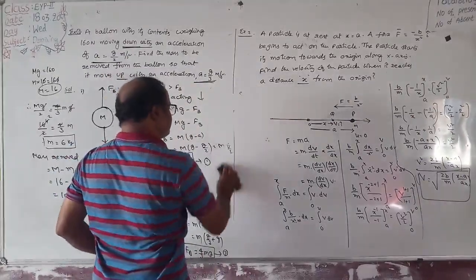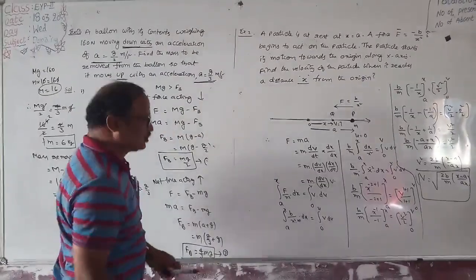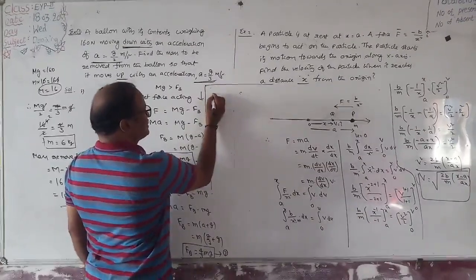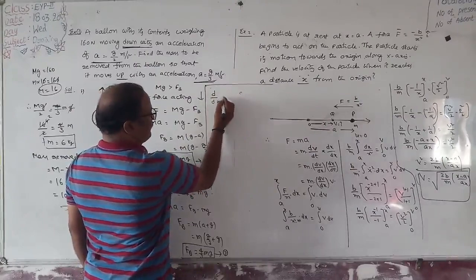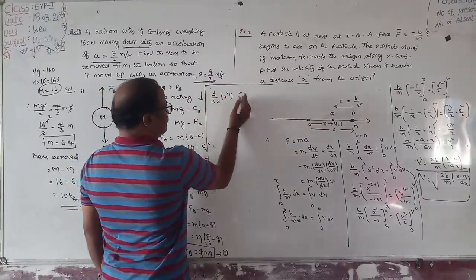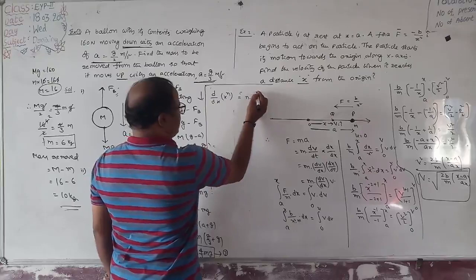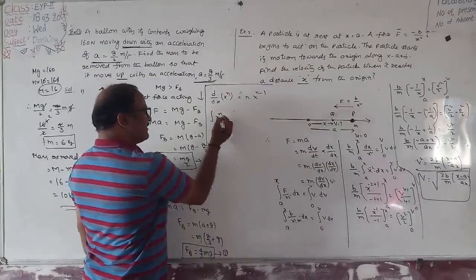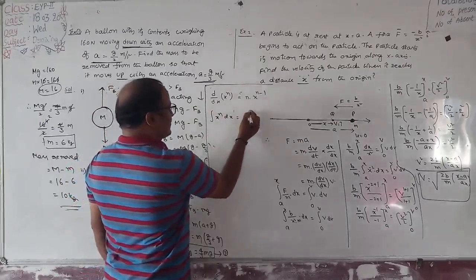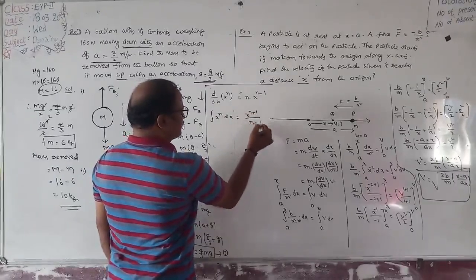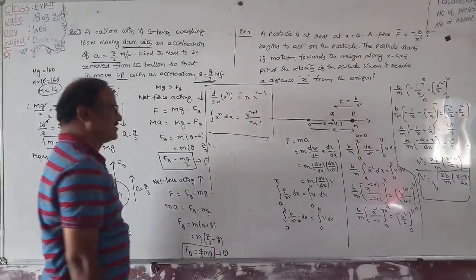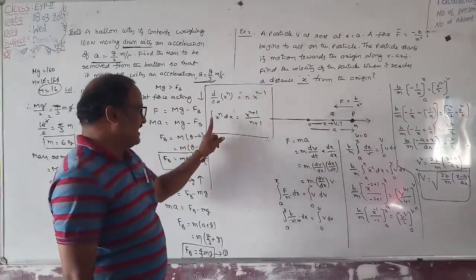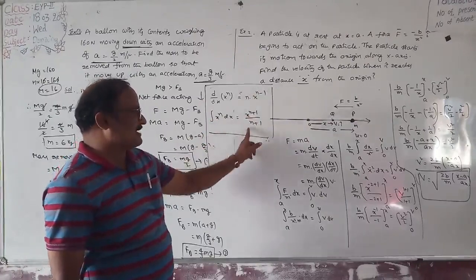First one is compulsory. Remember these two; even if you don't remember the others, remember these two formulas. What is it? d by dx of x power n is equal to n into x power n minus 1. It is the first formula. In integration, integral x power n into dx is equal to x power n plus 1 by n plus 1. Please remember these two formulas. d by dx of x power n equal to n into x power n minus 1. Integral x power n into dx equal to x power n plus 1 by n plus 1.